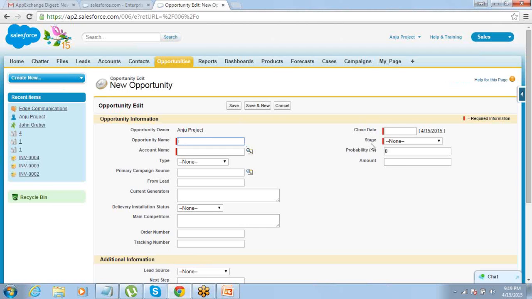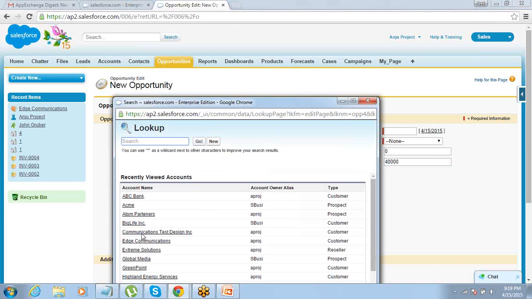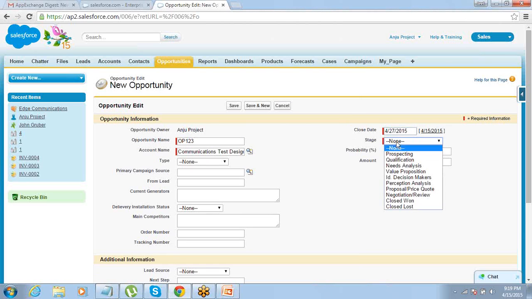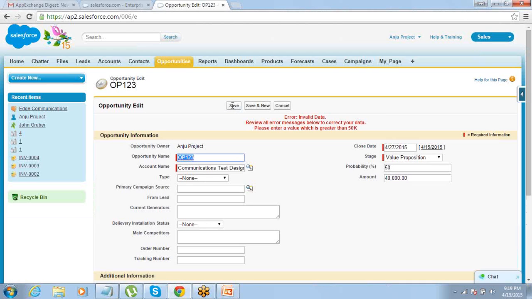Start creating an opportunity and put an amount less than 50,000. Let me put 40,000. Please enter a value which is greater than 50k.